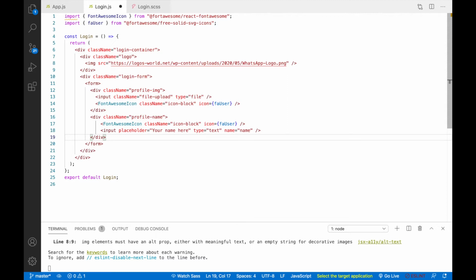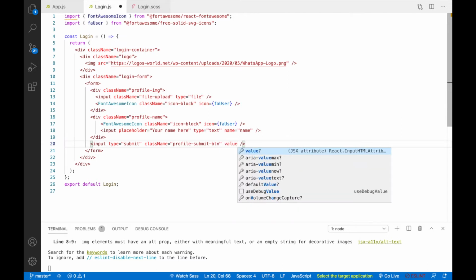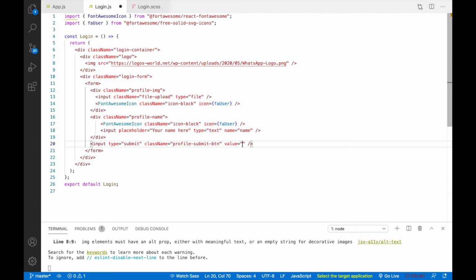Okay, so here after this profile name we have to create one more input, that will be our button. So the type will be submit. Class name will be profile submit button, and the value will be join now.